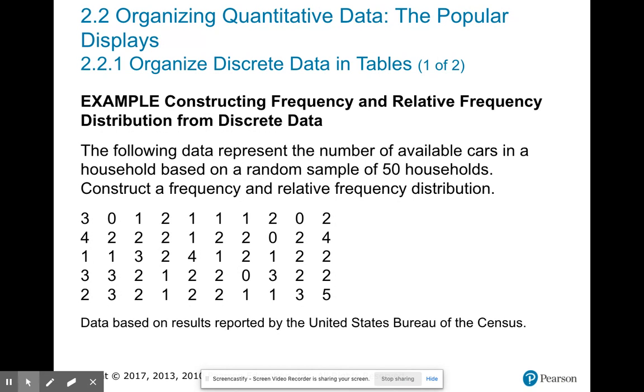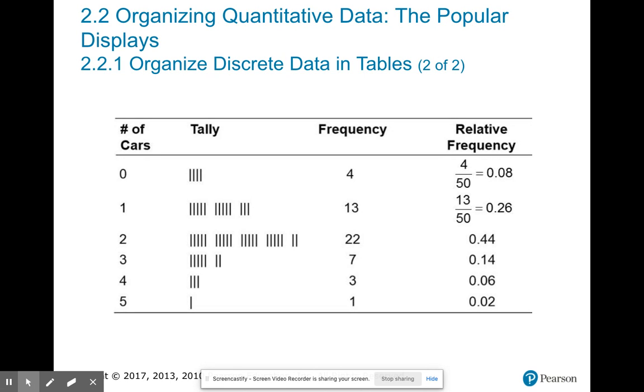Here's an example of some discrete data. How many vehicles do you have available to use at your household? The smallest number is 0. The largest number is 5. So it makes sense that each number gets its own bar or own line in our frequency distribution here. So remember, to find relative frequency, we take our frequency, like 4 or 13 or 22, etc., and divide by the total number. And we are making a proportion,